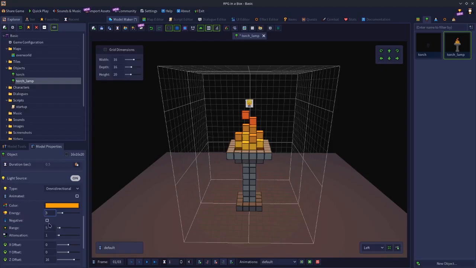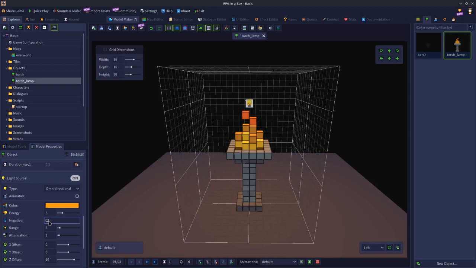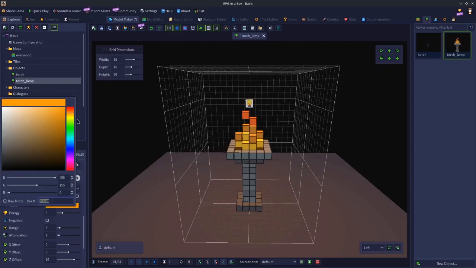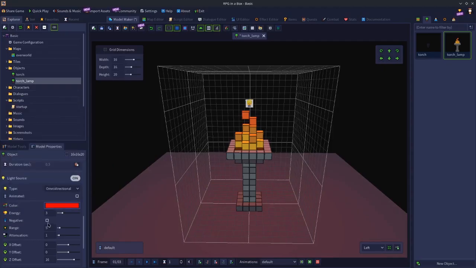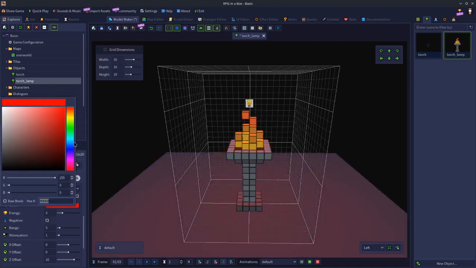Negative basically inverts the light. So basically negative will remove both light but also the color. So for example, if I set this to red, you'll notice that the negative of this, it will go blue. Okay. Now you might be thinking to yourself, why would you do that when you could just set this to blue if you wanted a blue light? Well, this isn't actually a blue light. What it's actually doing is it's removing red. So by removing red, it kind of goes blue, but it's a sort of weird blue, because if you look at the difference between that and setting this to blue,